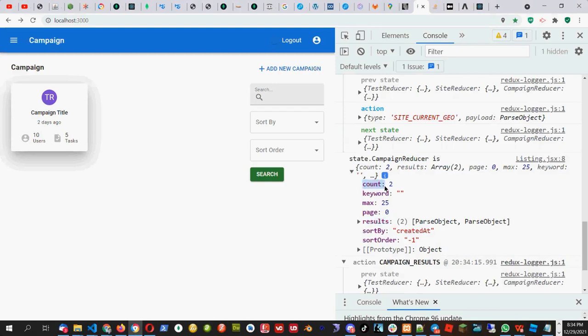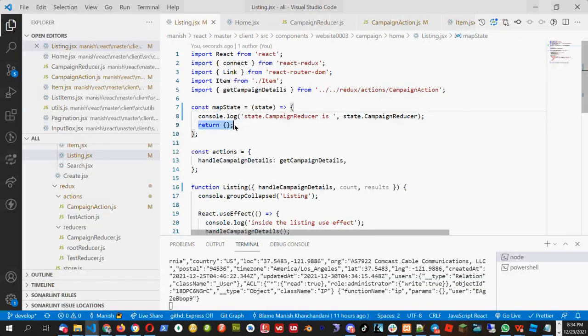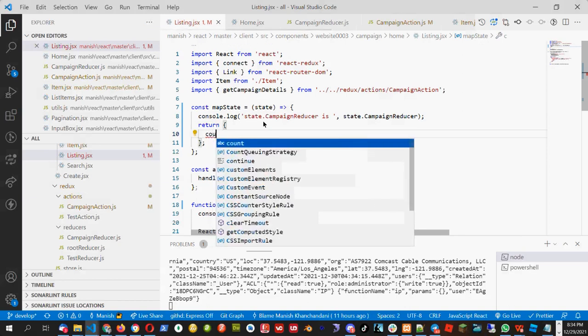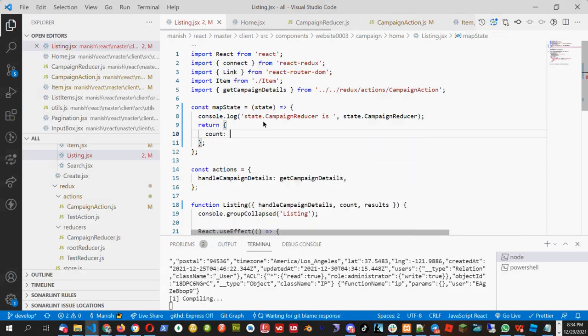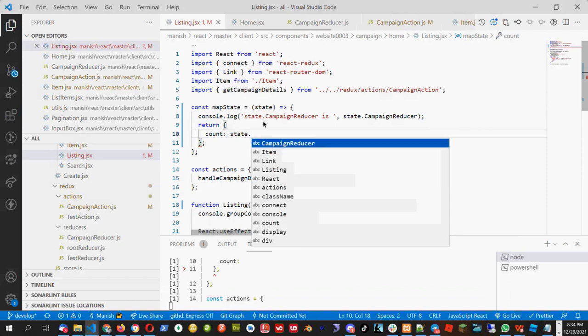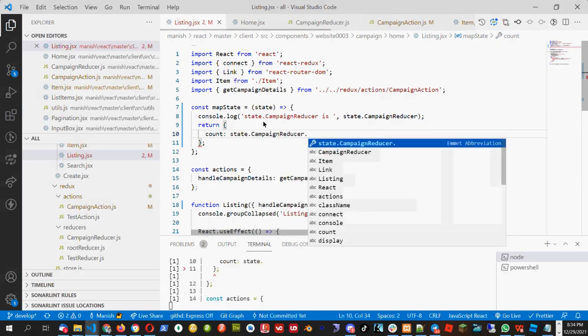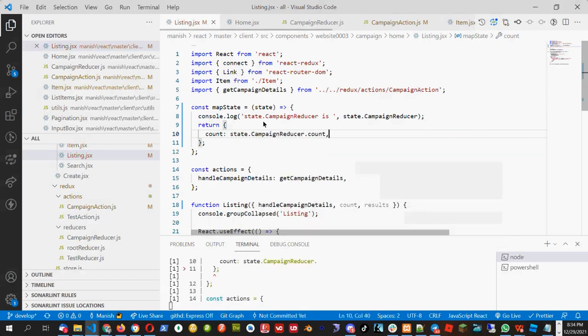So I'm specifically interested in count and the results. So I need these two things. So while returning the object, I will say count is equal to state.campaignReducer.count.